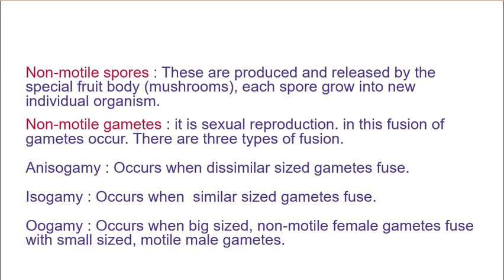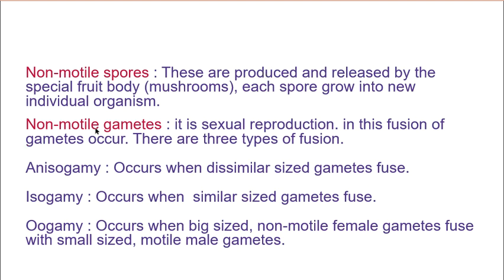What happens? The fruit is opened up from the upper side and some powder-like substance is released, and this substance is granular. The granular substance contains granules in it. These granules are spores. Now when they are released, they are dispersed with the help of air or water. After dispersal, each spore grows into a new plant. So what is happening finally? Reproduction with the help of non-motile spores.